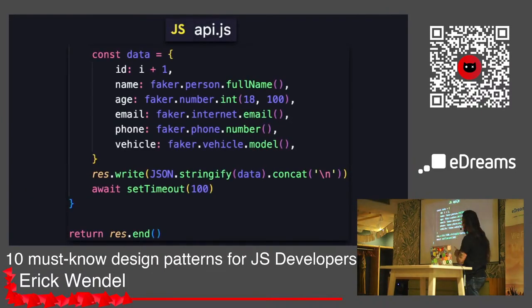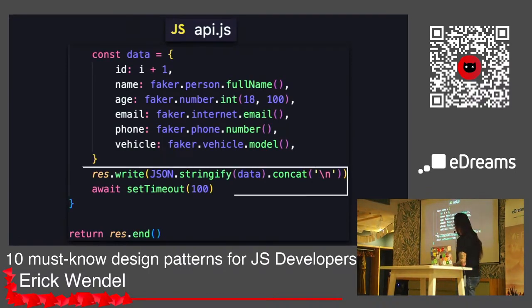So if I take a look at the current API, I'm going to see that the API is writing data and waiting for some time. So instead of holding the whole data in memory and then calling on end, it's calling all the time it's available. So what if we could grab this data on the front-end side, on the website, without having to wait for the whole thing to finish?